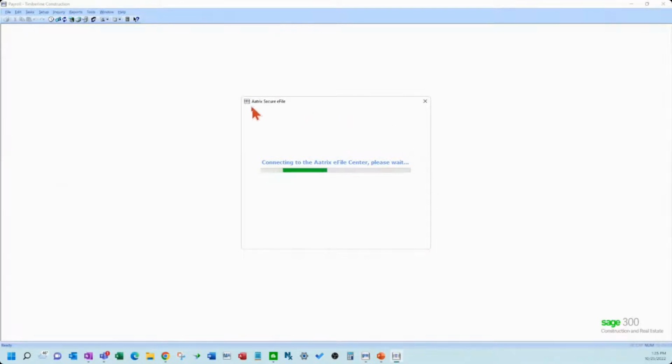Okay, and here is where I will stop. Once you sign up with Atrix for the username, you'll have a username and password, because you do need to create an Atrix account. But once you do that, you sign in here, and this is where you actually hit the button to e-file all these forms. We won't sit here and watch this, but this is the step where you actually log in to the Atrix site and it pushes it out for you. It's still all through the wizard, however. Okay, so I'm going to close this here.